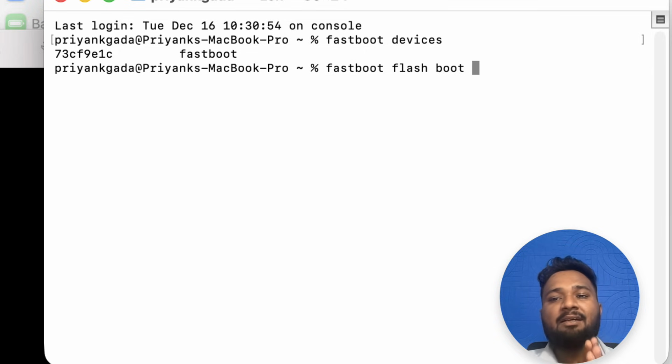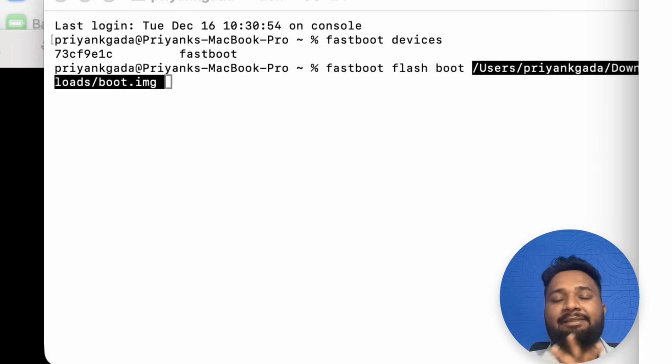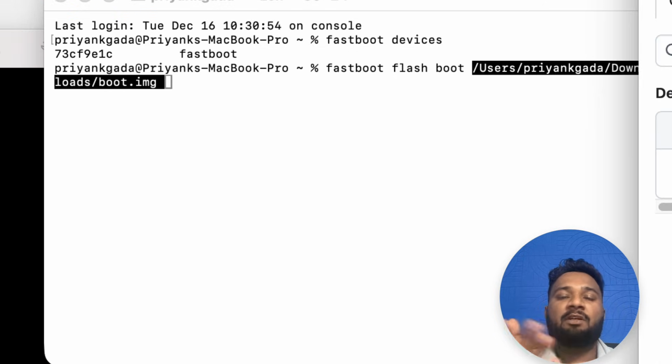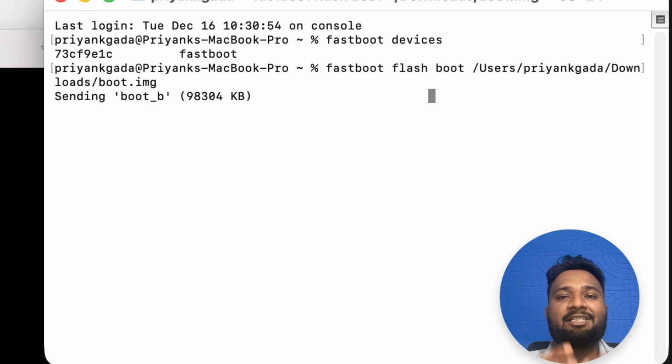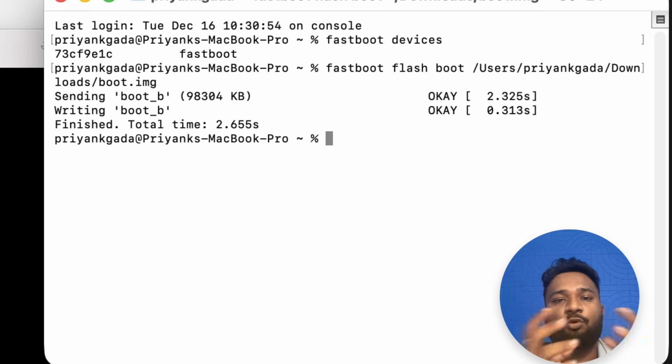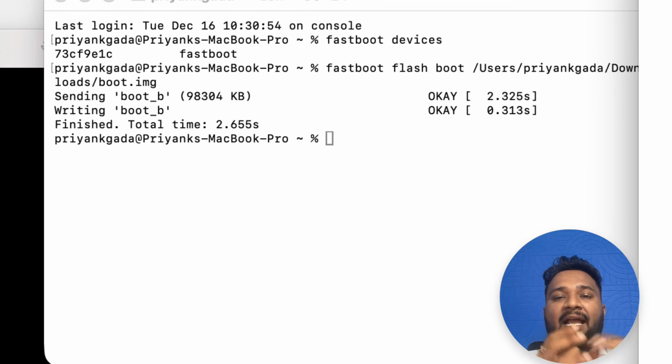Now once you compile the kernel, you have to flash the boot.img file, which is the boot section of it. By default, older Android had only one boot section, but now we have two partitions, boot A and boot B. Boot B usually has the booting part and the recovery that is available, and also the boot animation and all those files. So first we'll be flashing that, and the second thing that we need to do is to